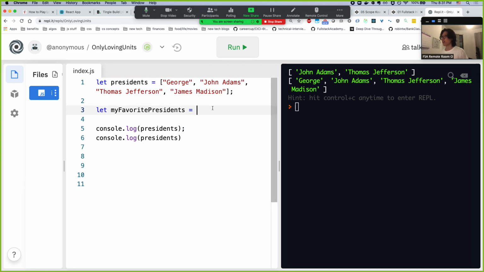Well, you could just say let my favorite presidents equals presidents dot slice with nothing. And what that does is that it just makes a carbon copy of the original one. So now if I just did my favorite presidents dot push,